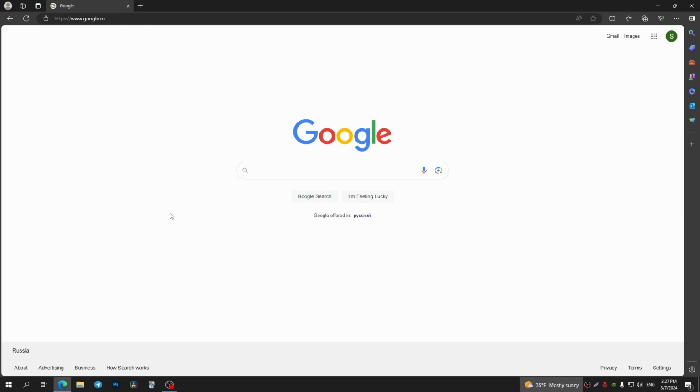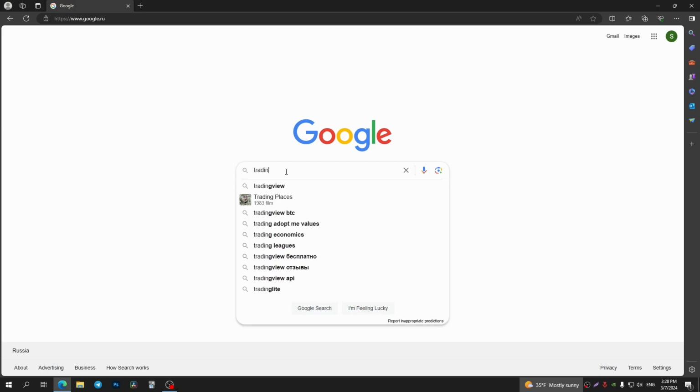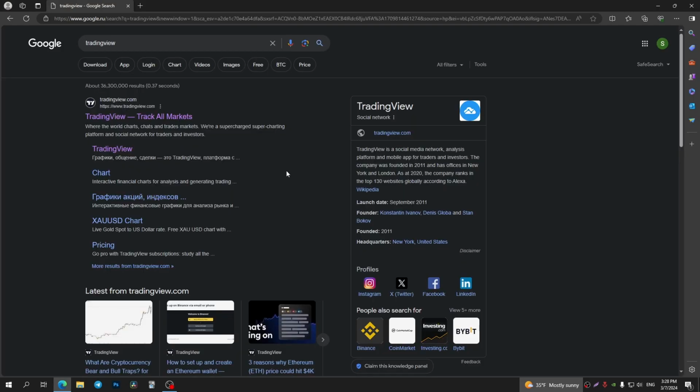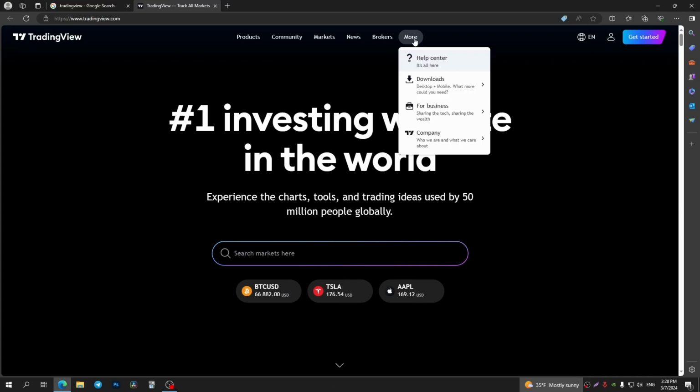So first of all, open up your favorite browser, it doesn't matter, and after that type in here TradingView, and after that find the tradingview.com website and tap on it. After that, once you're here, you can hover your cursor on the More menu at the very top, and after that